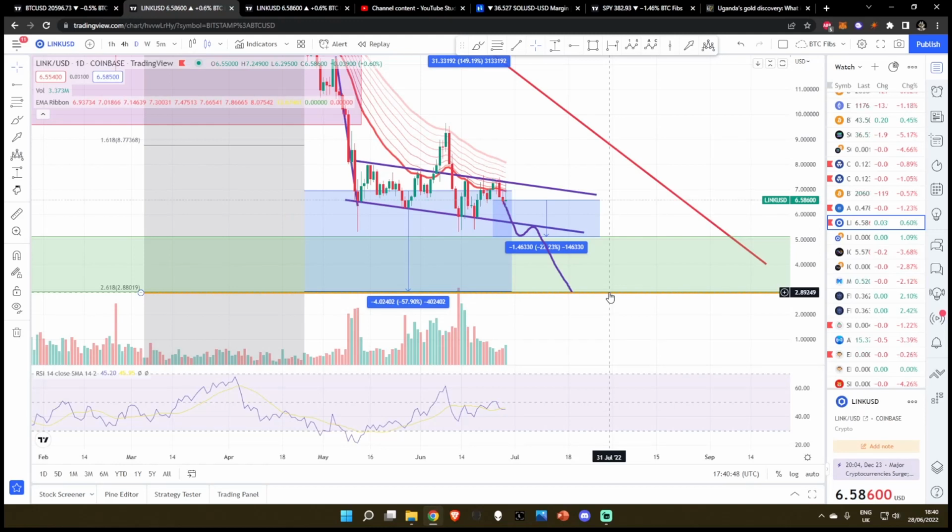I definitely want to put myself in a position where I can accumulate, I don't want to say accumulate really, I would be doing this for a short to mid-term trade. This is where I look at picking up some Link, but I will have to reevaluate the market as we come down to these $2.89 levels. I don't want to say I'm setting a buy order now at 2.87, because if we enter a confirmed recession, if the stock market massively starts to capitulate, I'm obviously going to want to change my mind when new data comes in. So at 2.87, I could definitely see myself looking at buy orders for Link,